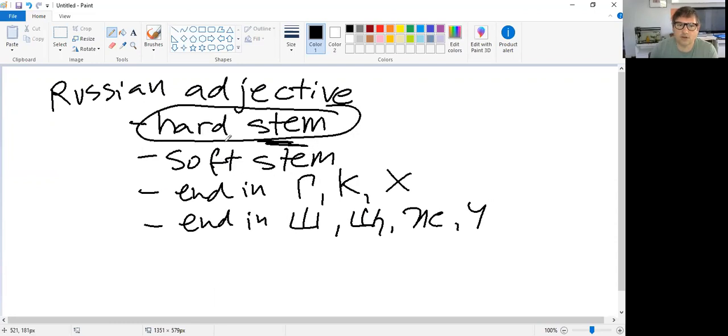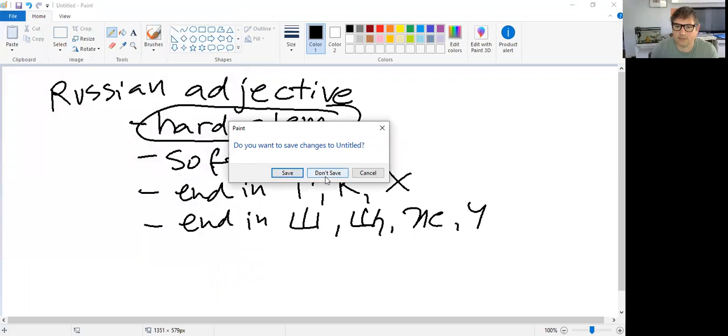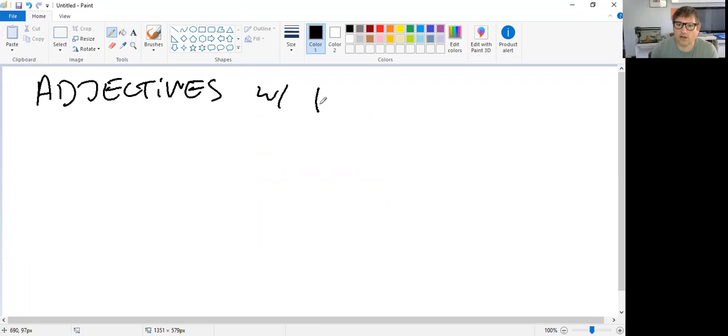Okay. So what is a stem? A stem is, my Russian language friends, something like this. So let's talk about adjectives with hard stems. Okay, so let's take something like